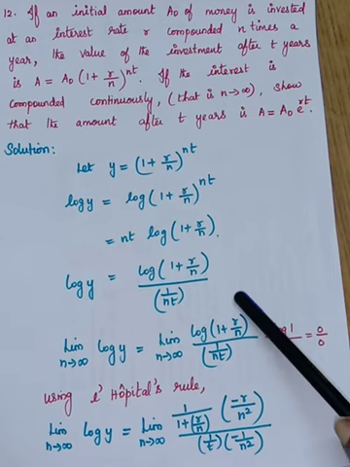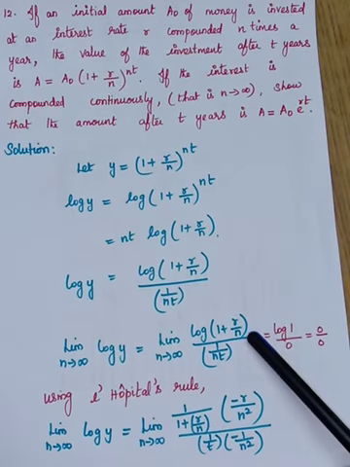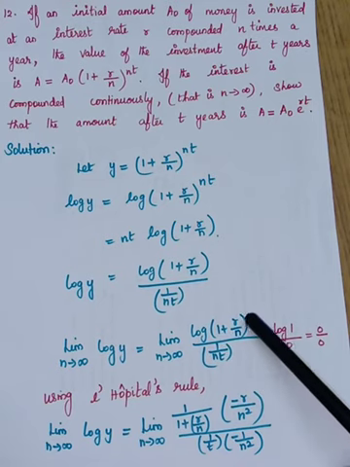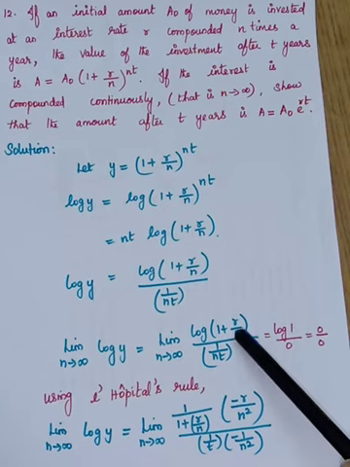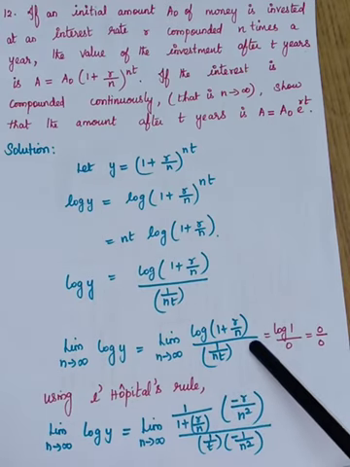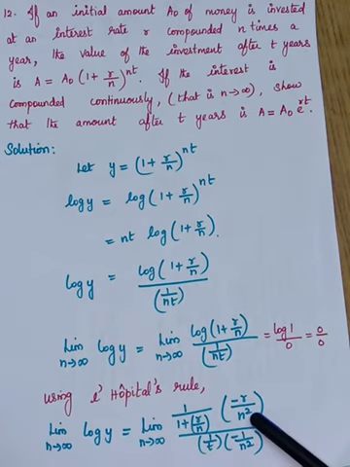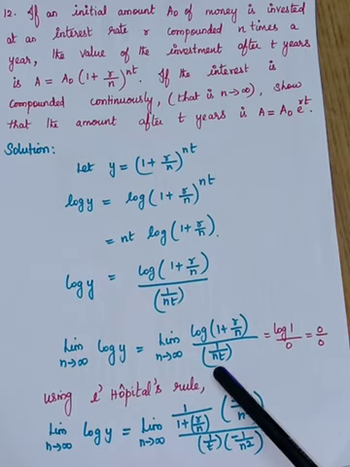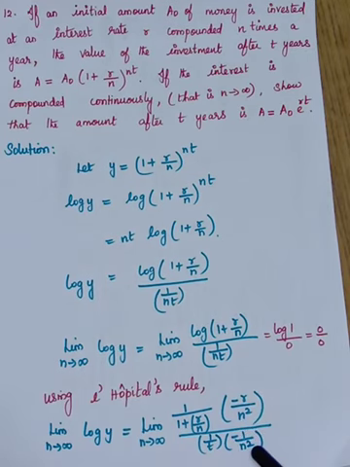Next, what is kept as x has to be differentiated. The differentiation of 1 is 0. Here r by n, n has to be differentiated. How to differentiate 1 by x? Minus 1 by x squared. In the same way, it will come as minus r by n squared. Come to the denominator, you have 1 by nt. 1 by t is a constant, so it is taken out. You differentiate 1 by n with respect to n, so it will become minus 1 by n squared.